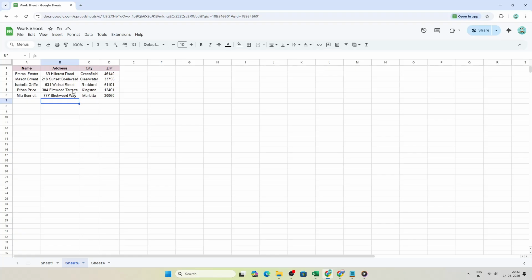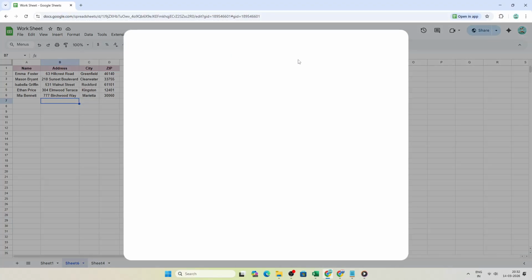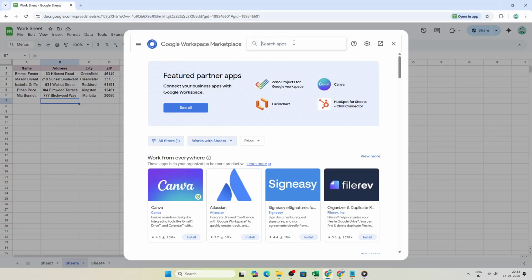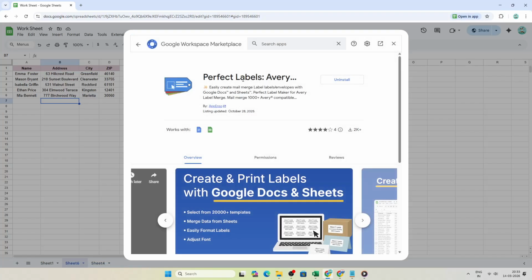Next, install the label extension. In your Google Sheet, go to Extensions, then Add-ons, and choose Get Add-ons. In the Marketplace, search for Avery Label Merge. If you don't see that exact option, a similar tool like Label Maker will work fine. Click to install and follow the prompts to grant the on-screen permissions so the add-on can access your sheet and